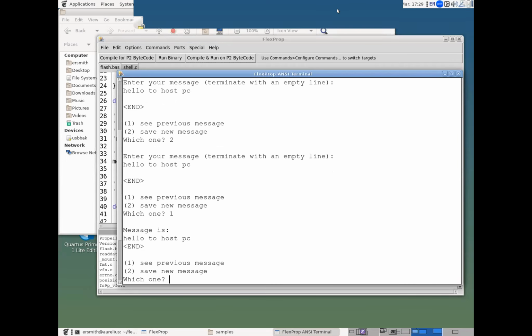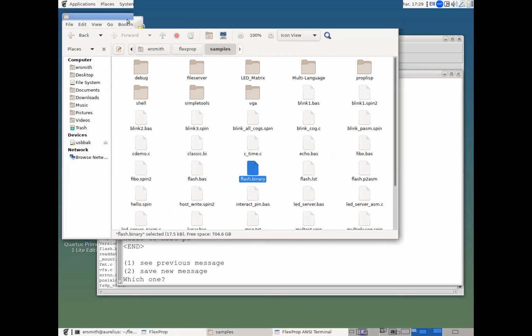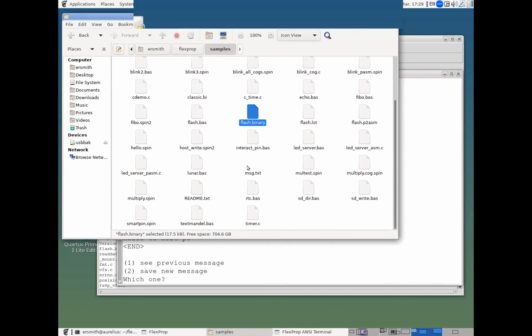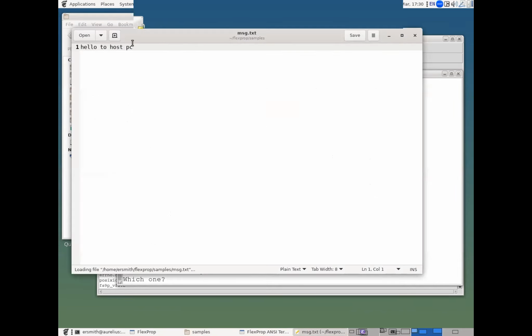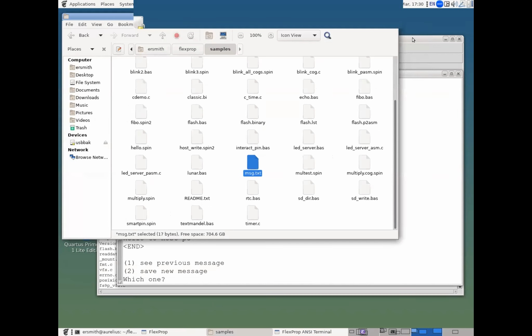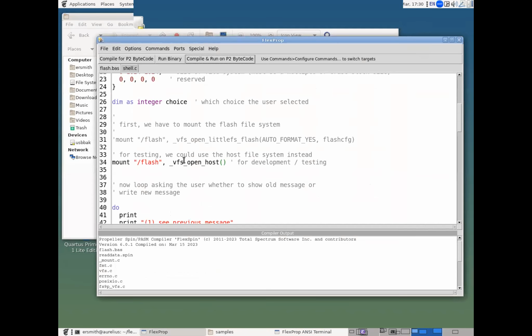And if I go up to my host directory, there should be a message.txt file. There it is, with the message that I just saved. So I only needed to change one line in this program to write data to the host PC instead of to the Flash. I just had to mount a different